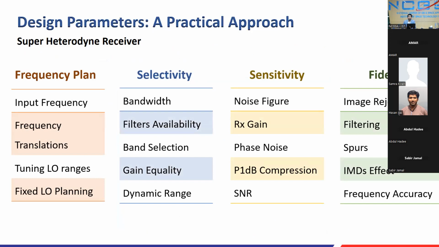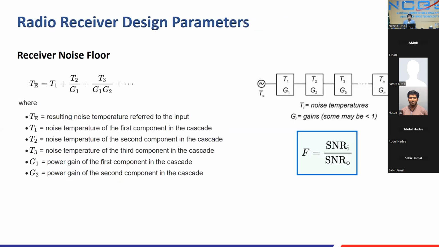फ्रीक्वेंसी प्लान। जब आप एक प्रैक्टिकल अप्रोच से चल रहे हैं, फ्रीक्वेंसी प्लान क्या होना चाहिए, आपके पास सिलेक्टिविटी, व्हाट इज सिलेक्टिविटी, देन व्हाट इज सेंसिटिविटी, देन व्हाट इज स्टेबिलिटी। कि आपके पास एक यू हैव अ कस्टमर, देयर इज अ सॉल्यूशन ऑन द टेबल। सो आप क्या कर सकते हैं कि आप ये चीजें इन माइंड रख के उसे डिस्कशन कर सकते हैं. Then we move towards few of the parameters I needed to discuss before going to